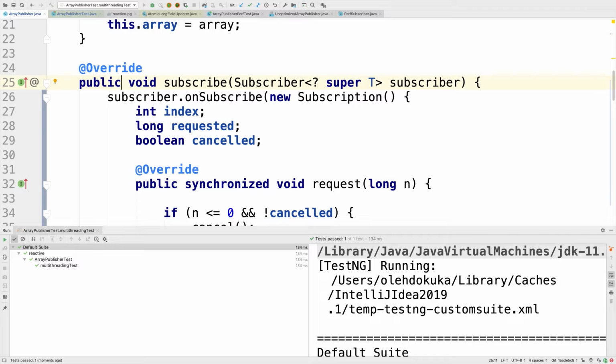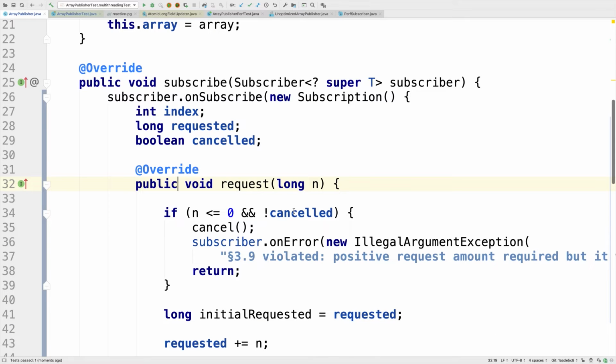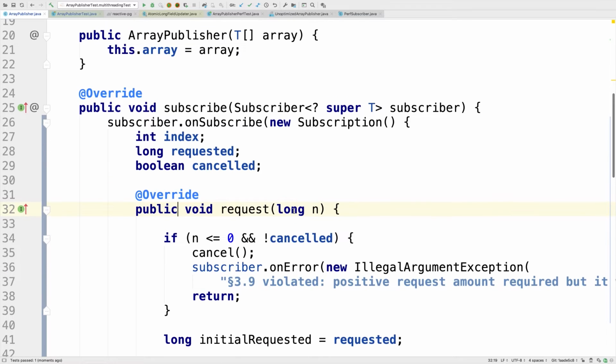It passes, but it's not a non-blocking implementation, right? Because if we get a few simultaneous calls on the request method, some of the threads will probably be blocked. So we have to avoid using synchronized, and we have to follow all the recommendations from the Reactive Streams Specification. So I guess the next simplest and naive